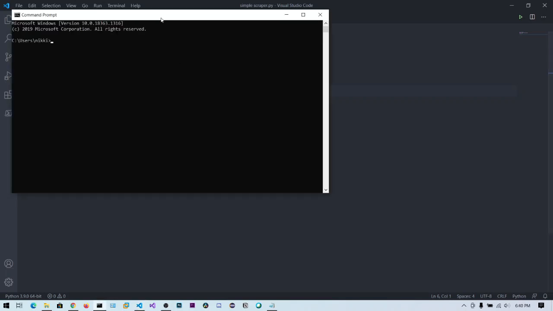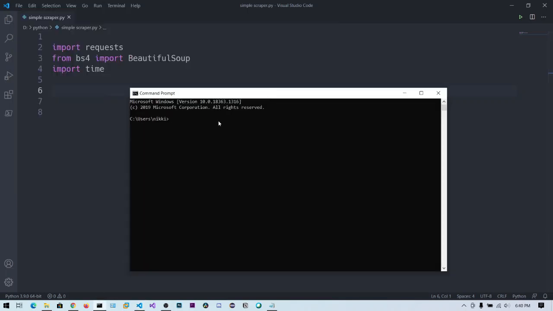Before that we need to install some dependencies, like Python modules, using pip. So you say pip install requests. In order to make a web request or HTTP request from the Python program, you need the requests library, and we need to install bs4, that stands for Beautiful Soup.